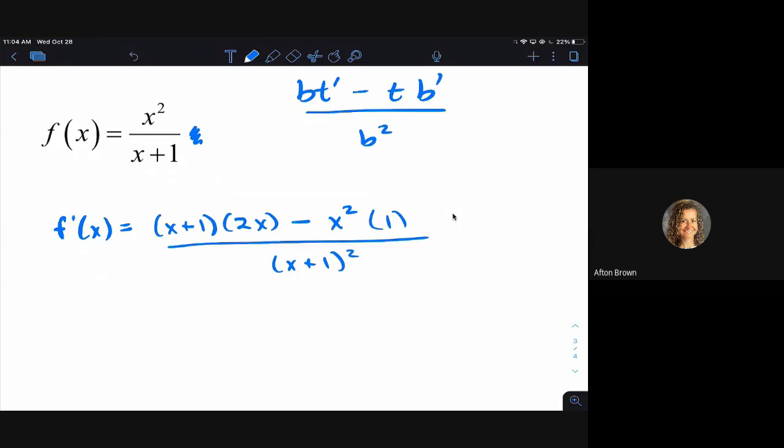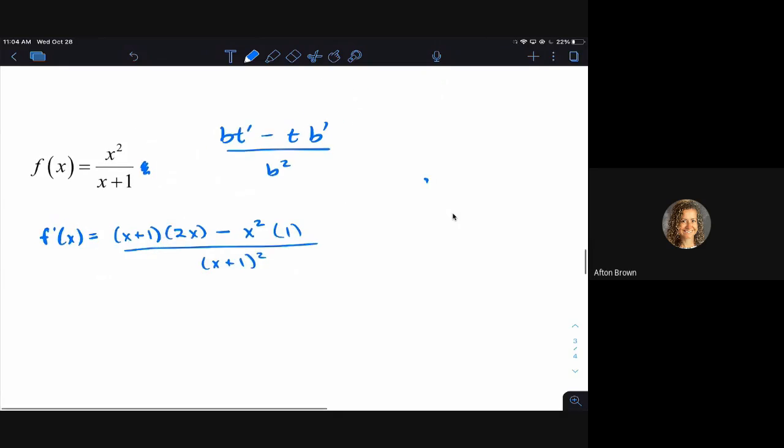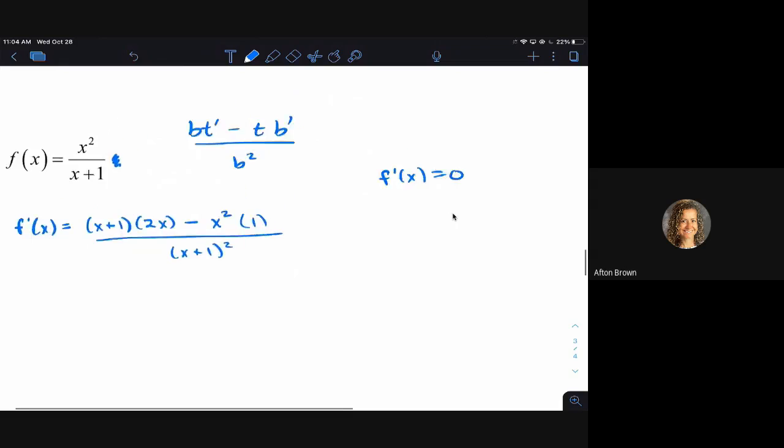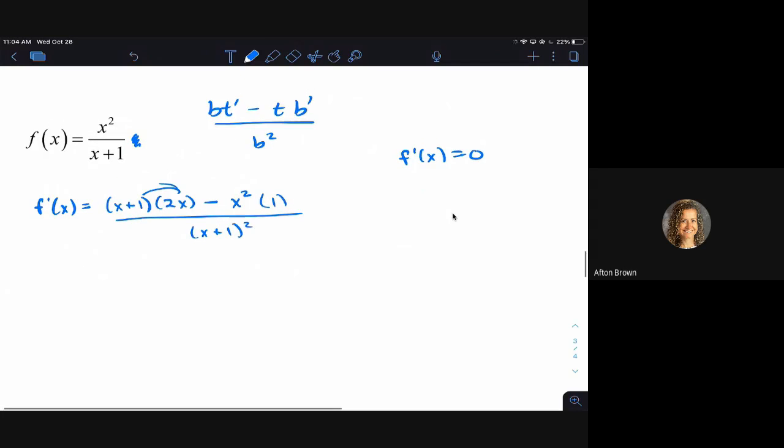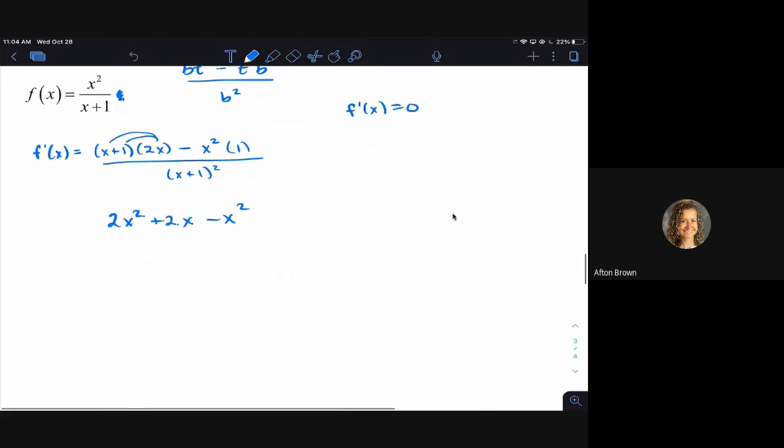Everyone all right to hear? Okay, our goal is we're trying to figure out where is the derivative equal to 0. I would simplify on top, it's not bad. I would distribute the 2x. So I'd get 2x squared plus 2x. And then there's a minus x squared. I could combine the like terms, so I'd have x squared plus 2x